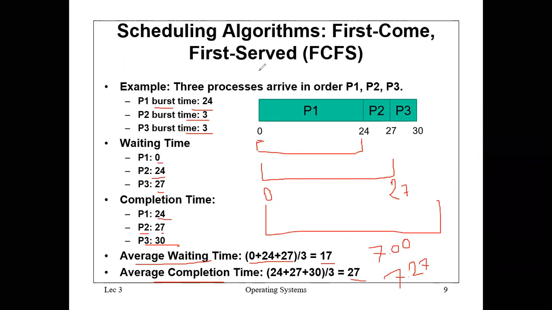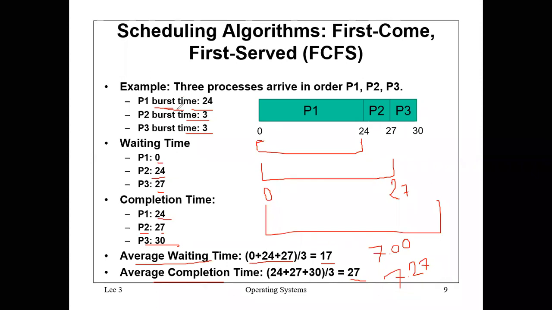Now let me repeat one more time. We are studying the scheduling algorithm, first come, first serve. We have some new jargon words. First of all is the burst time. Burst time means what amount of time you have to wait. You have to, okay, let me just pause the recording.